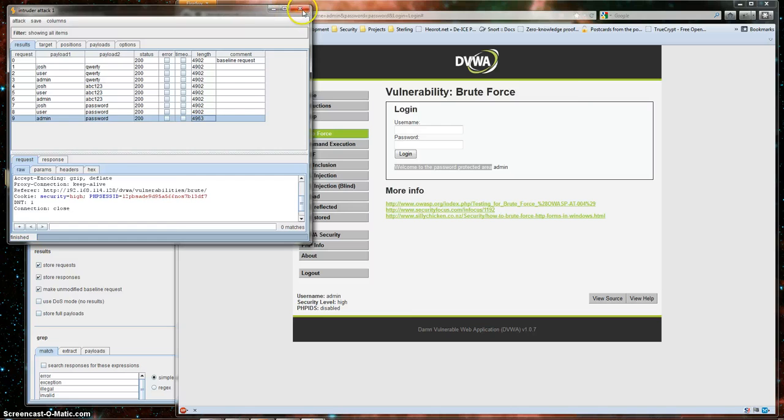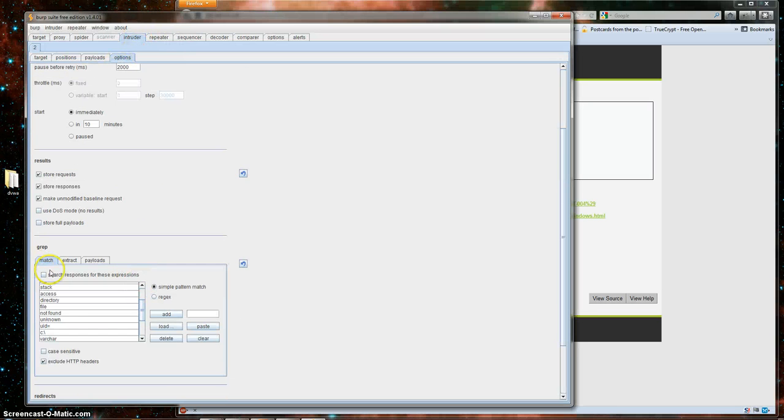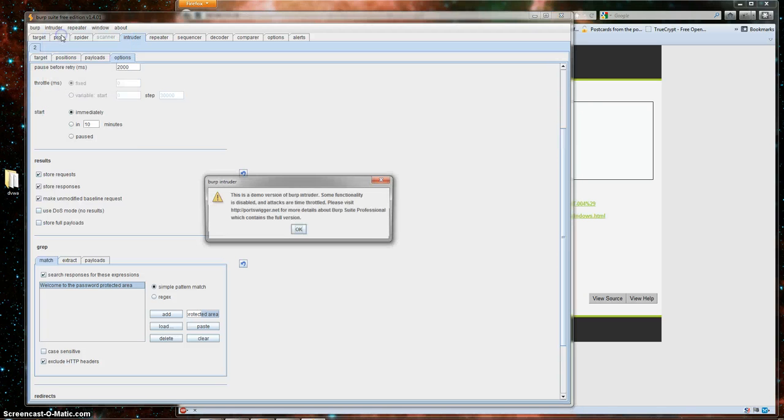So now if I close this, go back to Burp Intruder, go to that options tab, and go to the grep, what this does is it's going to allow me to clear these first. It's going to allow me to add in a simple pattern match or a regular expression match, and it'll compare that to the response body, and then if that particular request has that in it, then it'll show us in a different way. It'll help us to filter these results. So I pasted that into that text box. I click add. Now if I run my attack again,